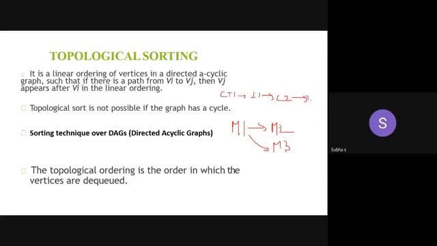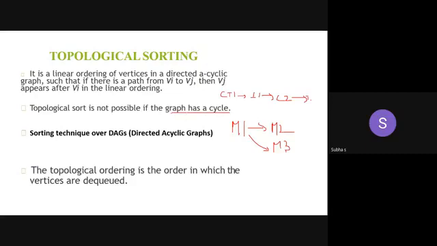I mention this because for any graph there can be more than one solution of topological sorting. We can have topological sorting in one or more ways. It's not necessary that there should be only one way. But the condition here is, if your graph is cyclic, if it has a cycle, I can't go with the topological sorting. That is an important point you have to remember.